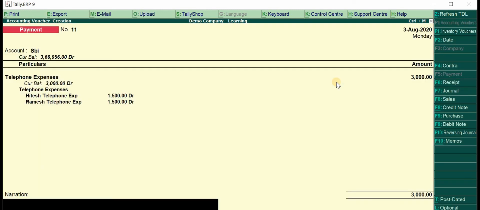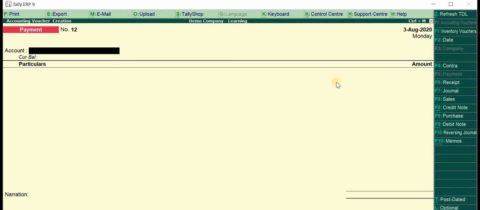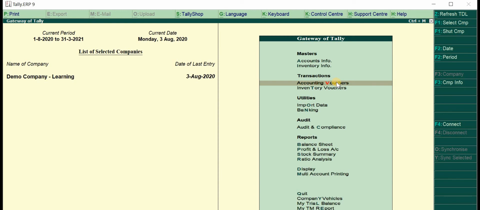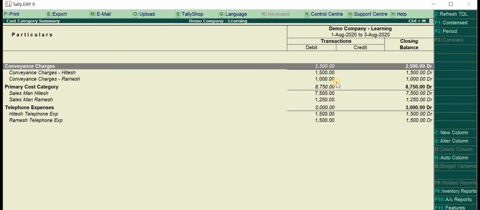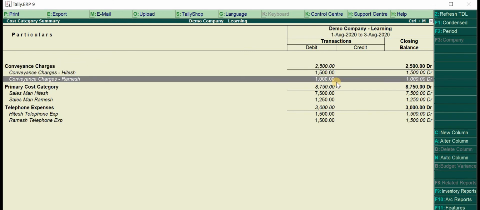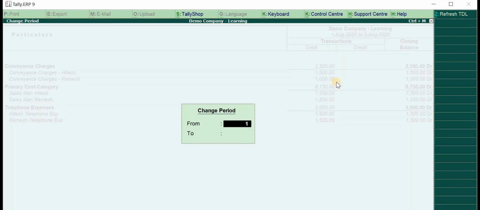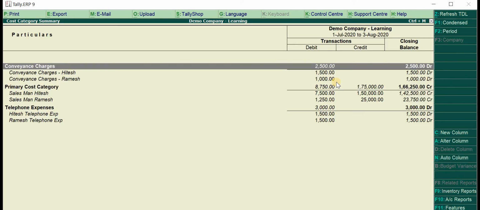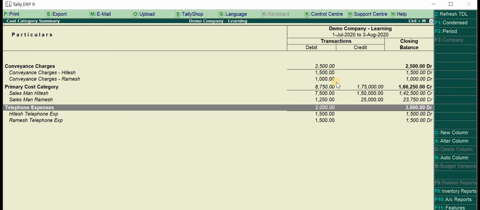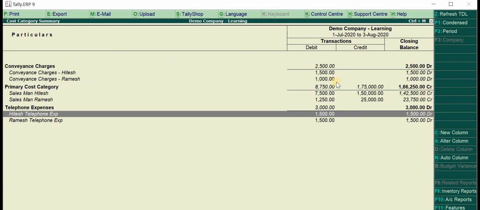You see how easily I am changing the names, everything. It is so easy to change the data. Just press Escape and see. Come back, DSC to see the report. Press enter, and there you go. So 2500 was the total expense. Breakup like this. Sales was this. Breakup like this. If you want to see the total sale, just give the entire date. 720, enter. 3000 was the total telephone expense divided equally between them.